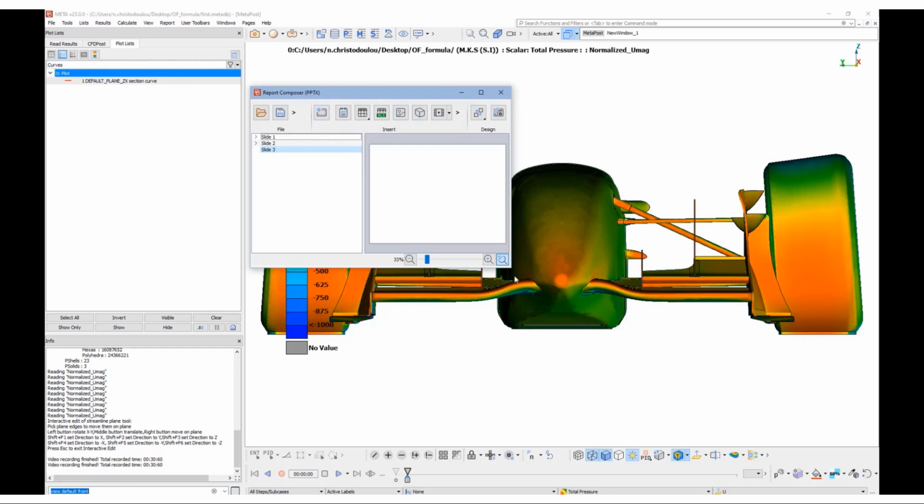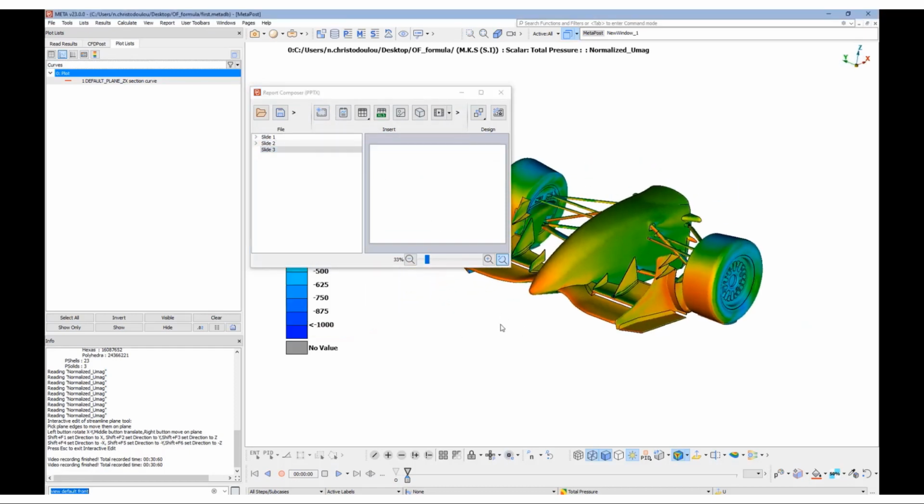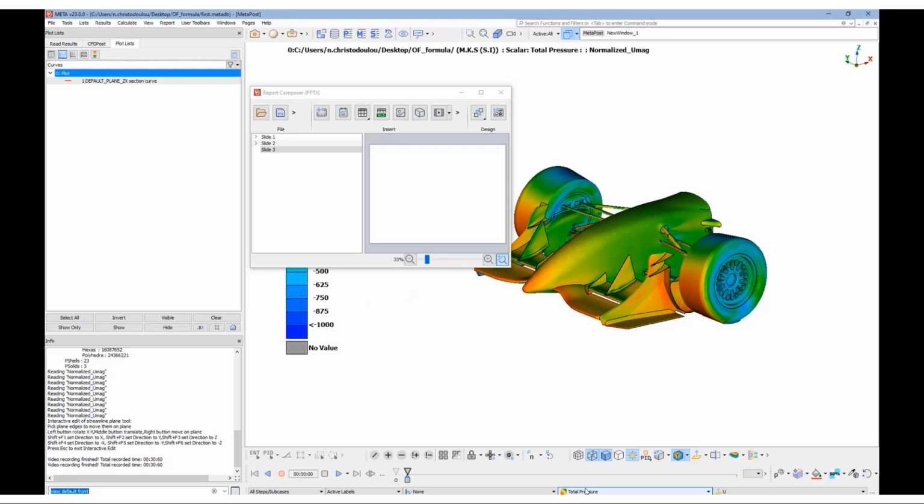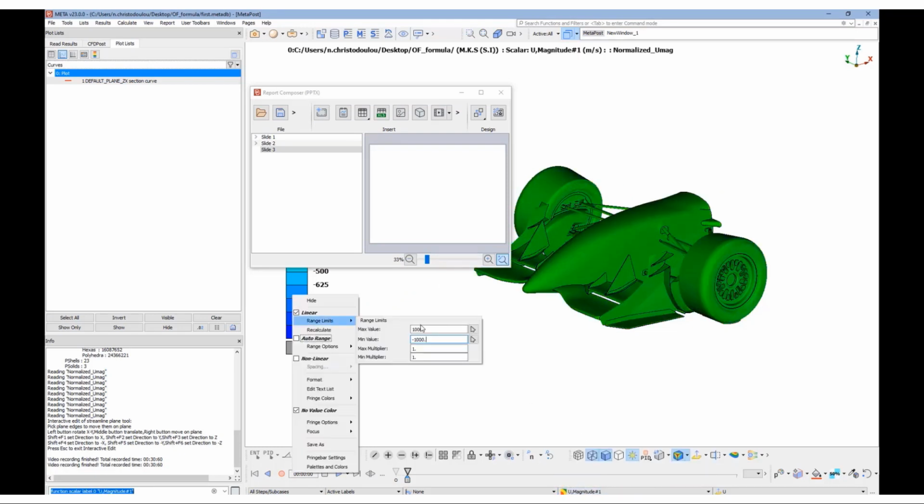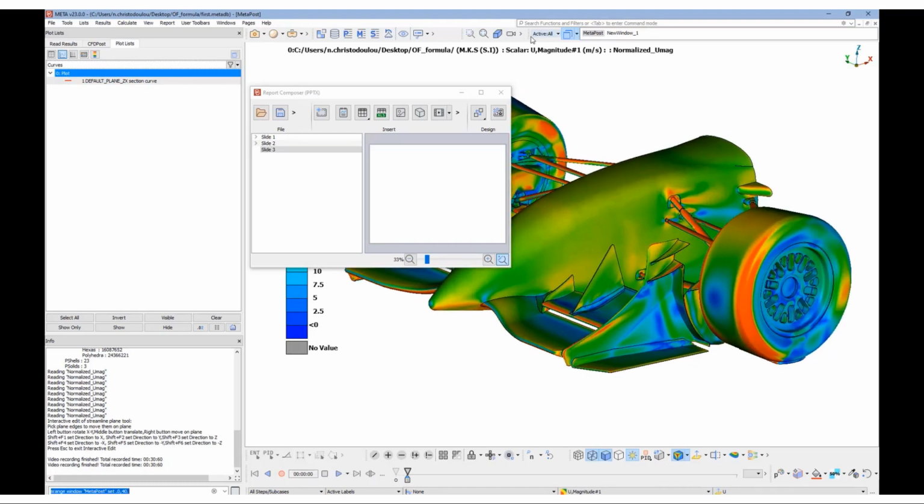Snapshots of the model can be taken by just drag and drop. So this is quite easy, filling a report. So let's spend some time to do that.